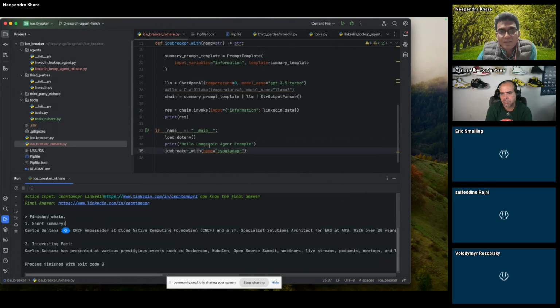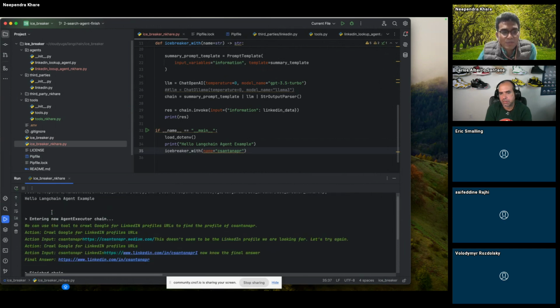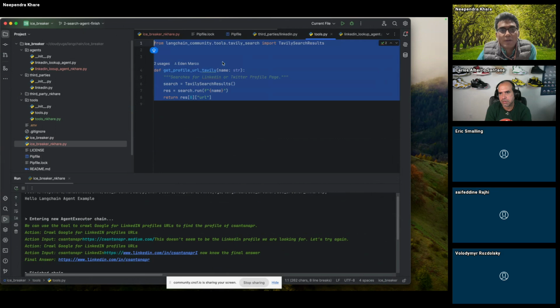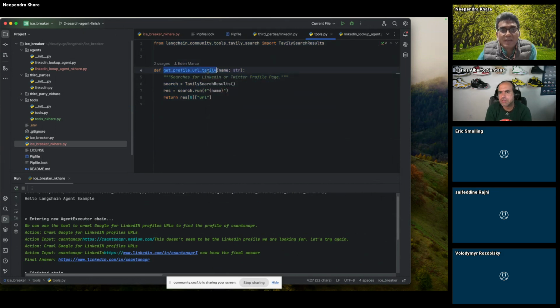As you can see here, what I just gave, it told us what it is doing, right? So what I have here is I'm using a tool called, not Google Search, but a tool called Tavily. There's a tool called Tavily. So with Tavily, I basically